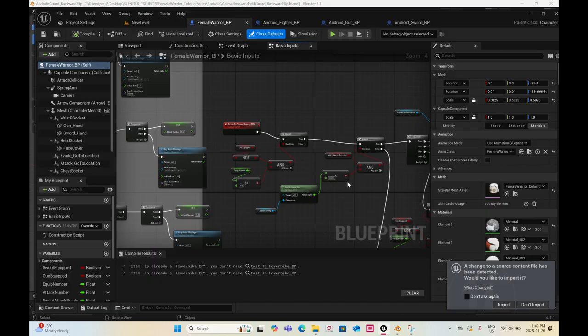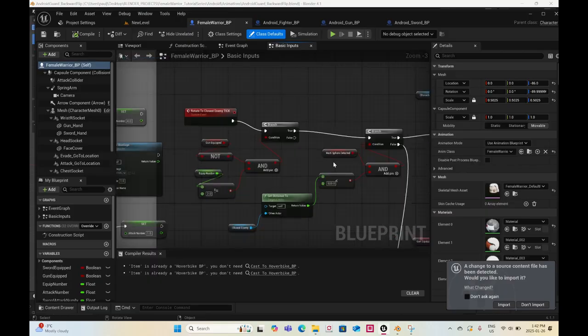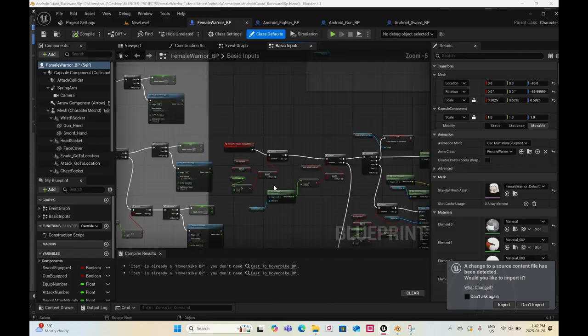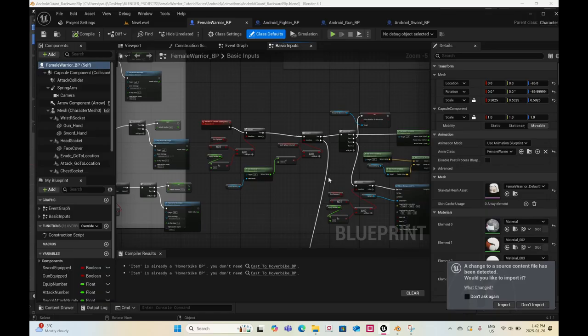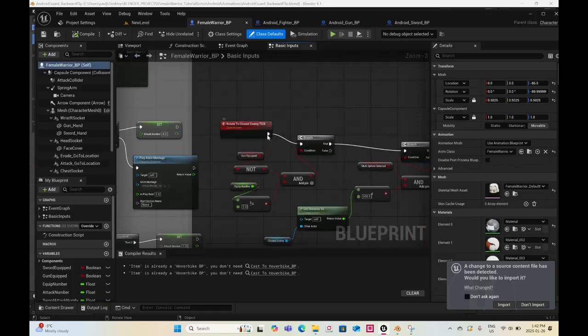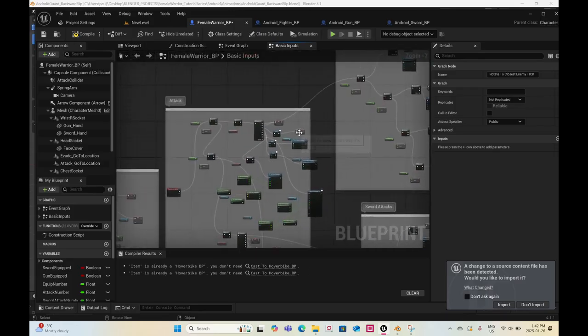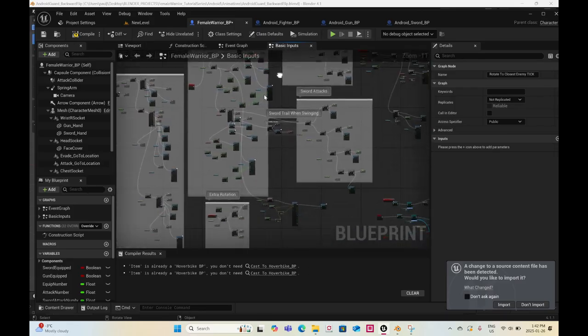If it meets all these conditions, if the distance between the player and the closest enemy is smaller than 500, if the multi-sphere is detecting enemies, the gun is not equipped, equip number is not number 2, which is the gun, then it's constantly rotating to the closest enemy. I am going to disconnect that because I don't think it looks good. I'm only going to have it rotate to the closest enemy if